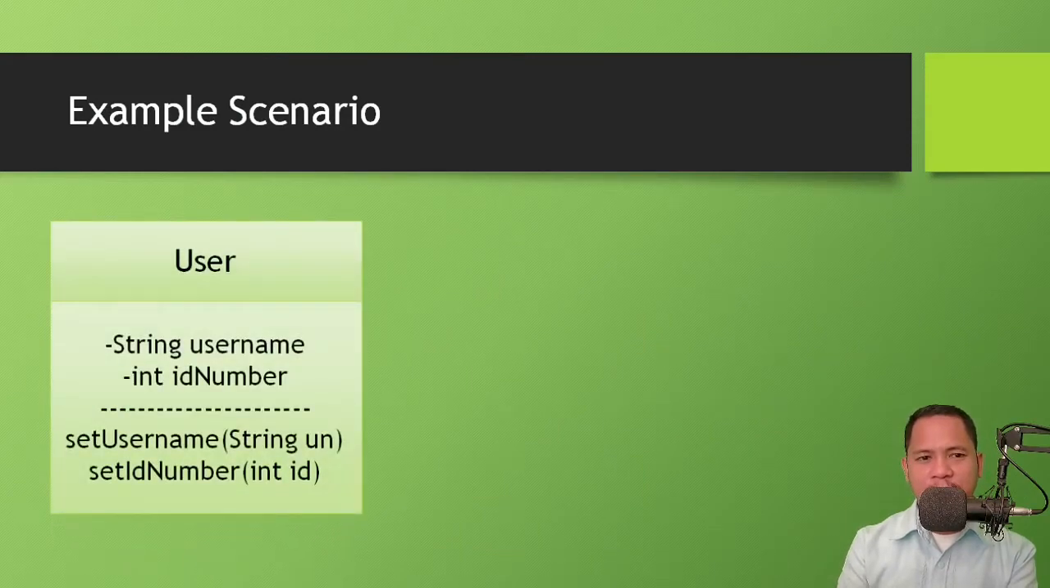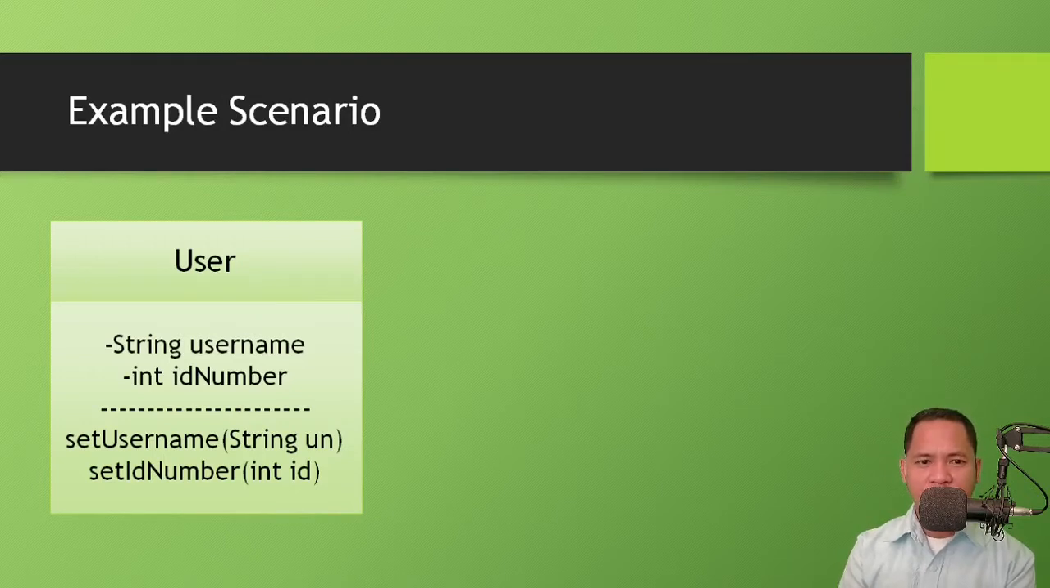So now here is a modified user class. We still have the string username and int ID number as our properties or instance variables, but this time they are declared private, which means it is only accessible within the class itself. Now within the class, we created two methods, which is set username. This is the mutator,